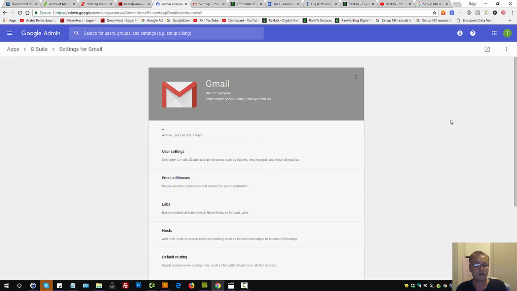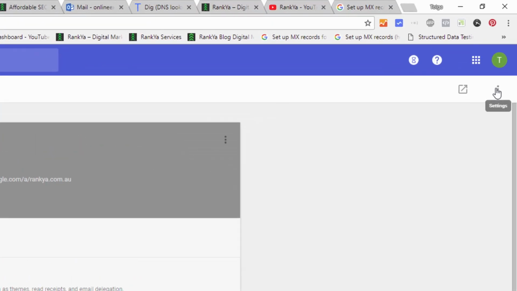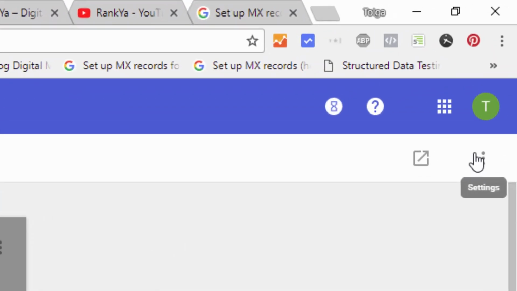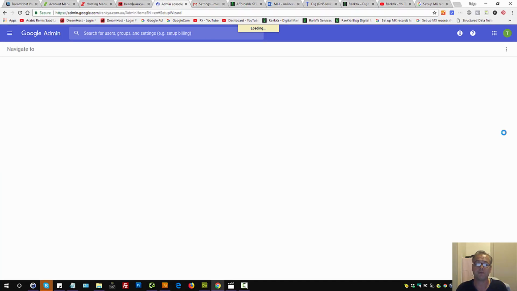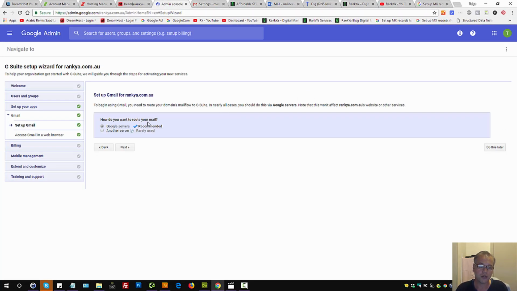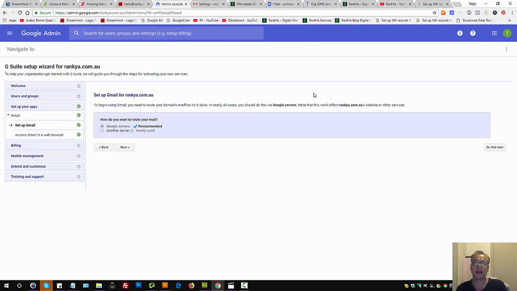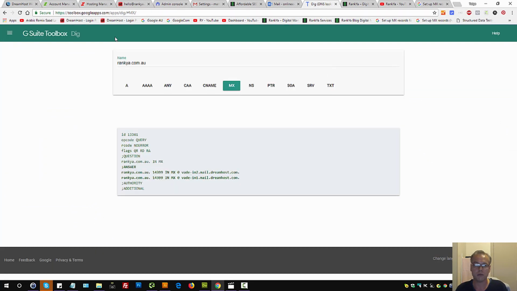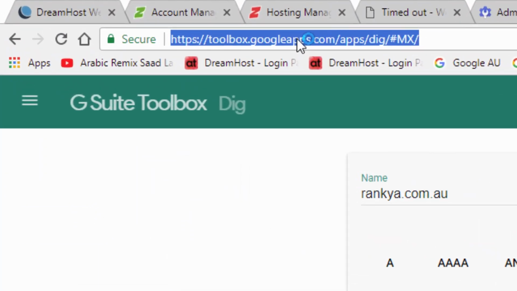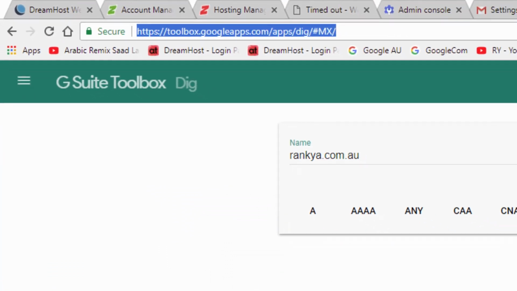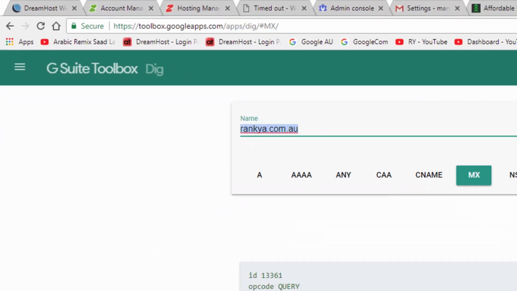So when you're in settings for Gmail, locate the three dots in the right hand side corner. Let's press on that, then press on Setup. Here, make sure you have Google servers checked, because that's the recommended option, and then press Next and update G Suite setup here. Another troubleshooting technique is that you visit this URL and place your domain name in here